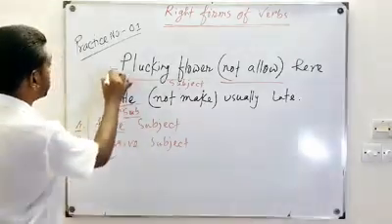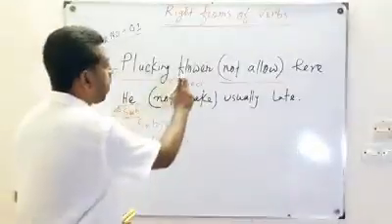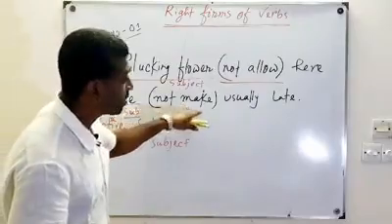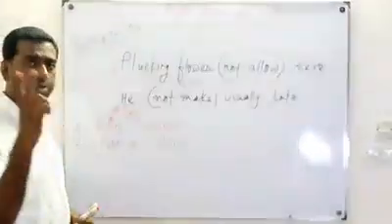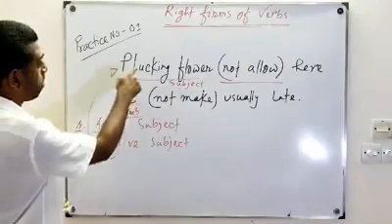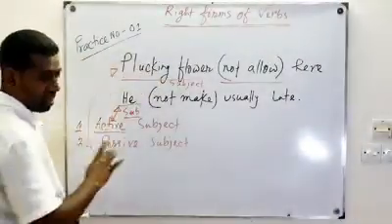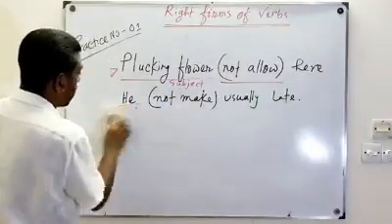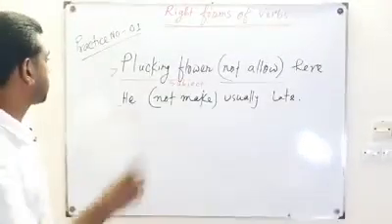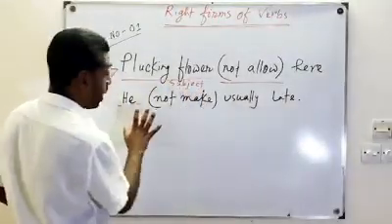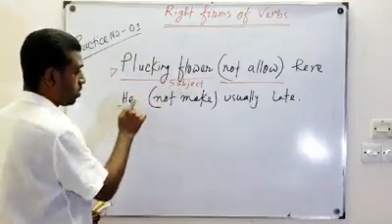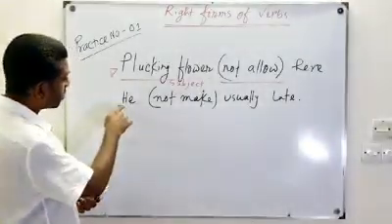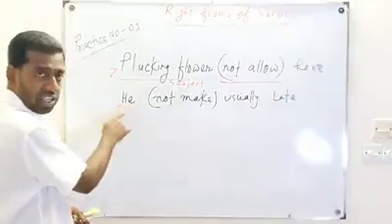And passive subject is plucking flower. See, flower cannot allow, right? But he makes. Clear? So subjects are of two types, active subject and passive subject. Now, how to solve these two things? That is our question, and that is the rule I am going to discuss. See, plucking flower, not, I would like to solve exercise number 2 first, then I will go to exercise number 1, right? So since the subject is active,